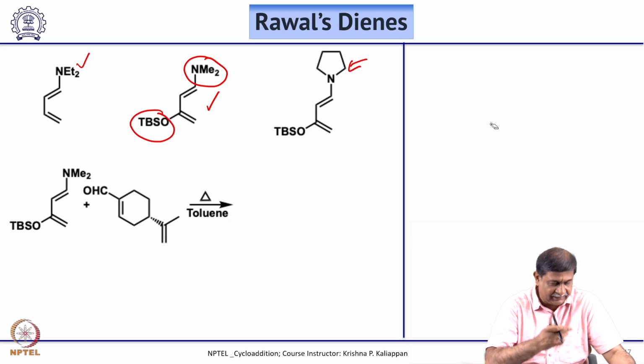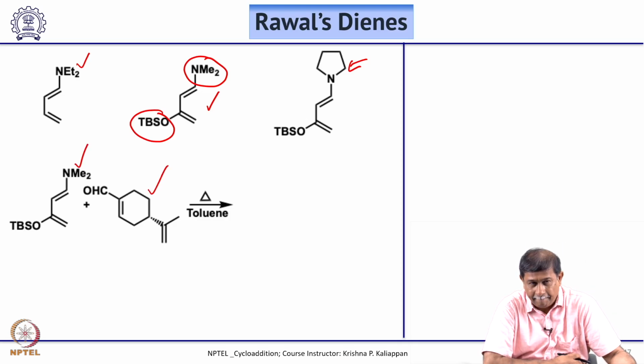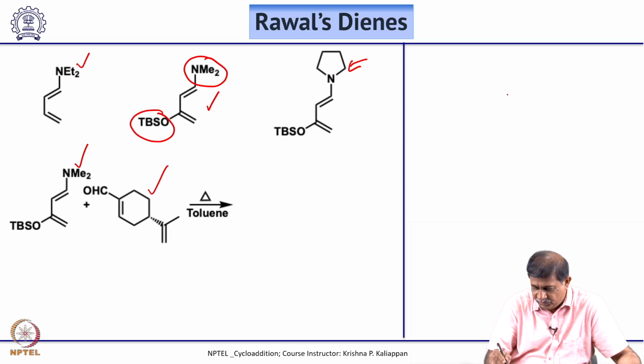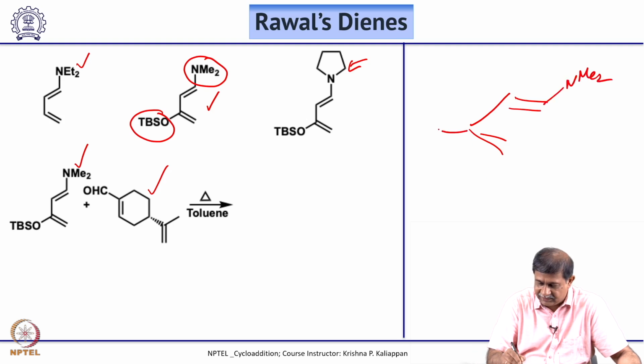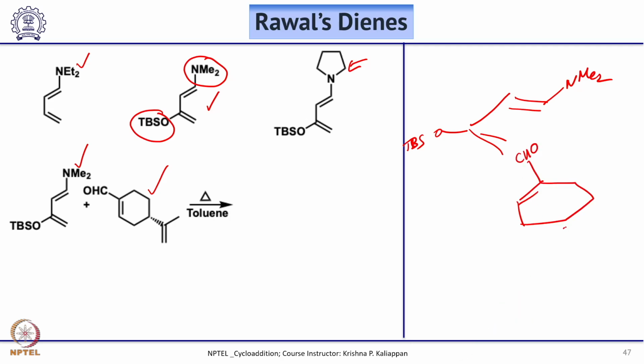See, for example, if you take Rawal's diene and then treat with this unsaturated aldehyde. So this is a dienophile and this is commercially available. So first you should draw a proper transition state. So this is NMe2 and this is OTBS. So now you have the diene. So what happens? The dienophile comes below the diene, whereas the aldehyde is just below the diene. So now you can draw or put the dot, and if this is what is the transition state, which is supposed to be because the dienophile properly approaches from the bottom face, that should give